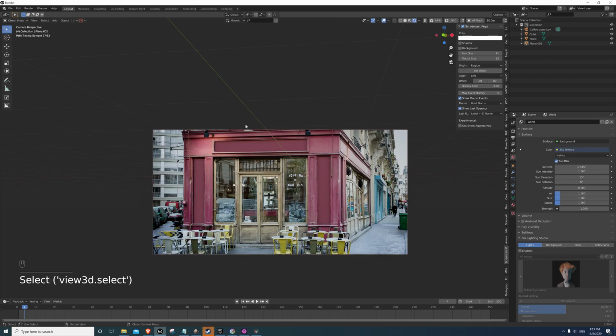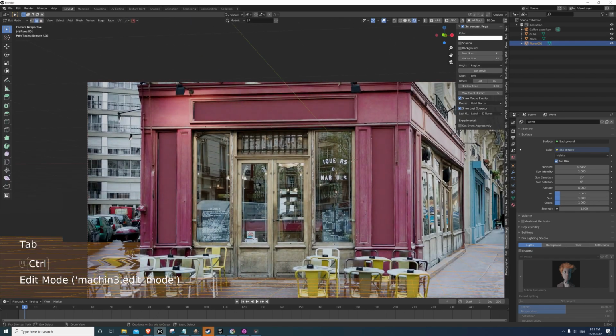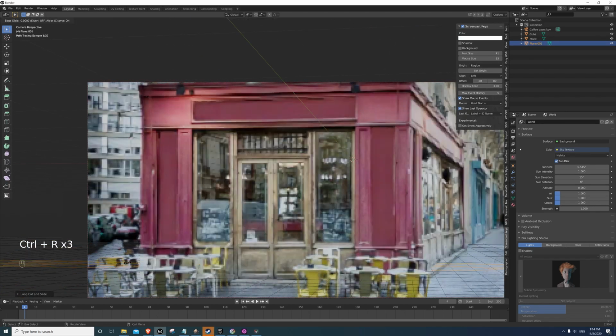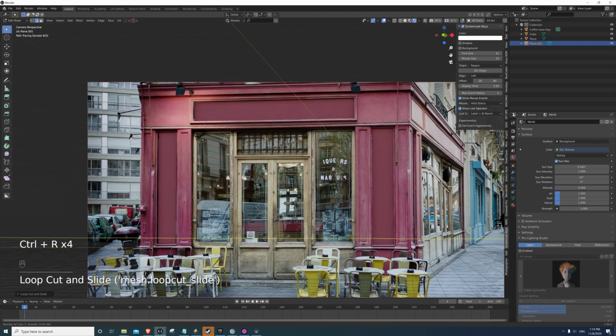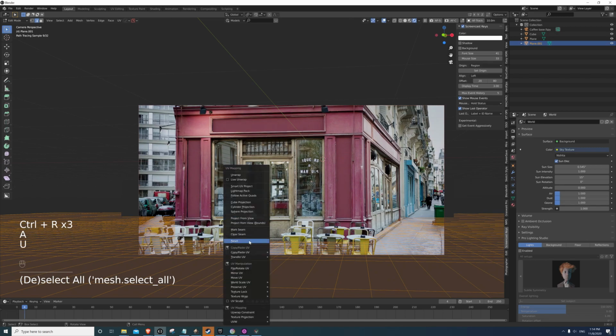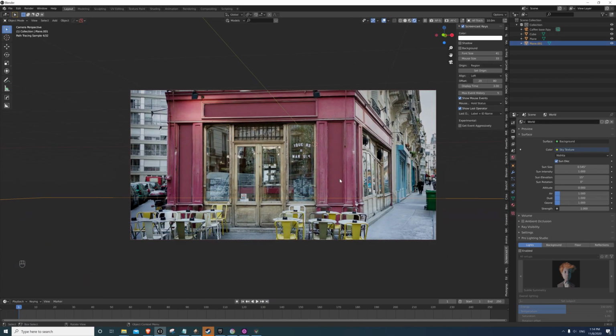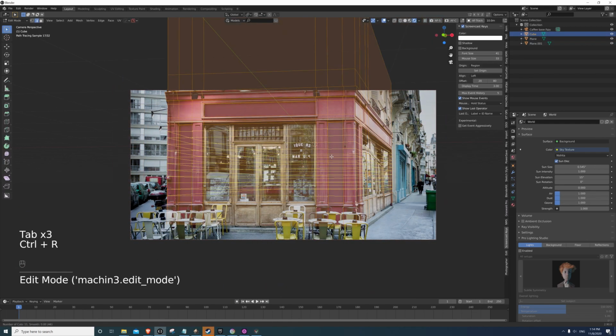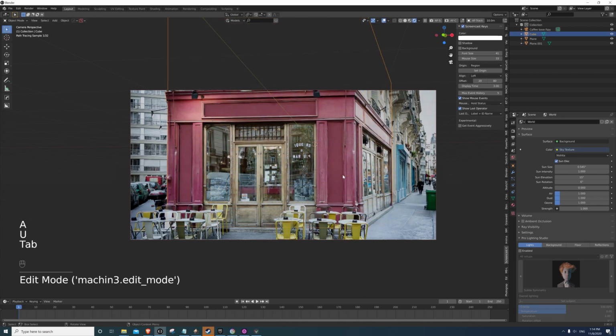I'm just going to throw in a sky texture to give myself lighting, because usually we do a day and night shot, and with the sky texture, the Nishita, it is very easy to achieve this. Here you'll notice I'm adding a lot of edge loops just to sharpen the projection,